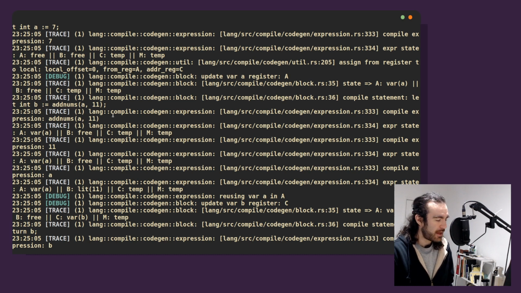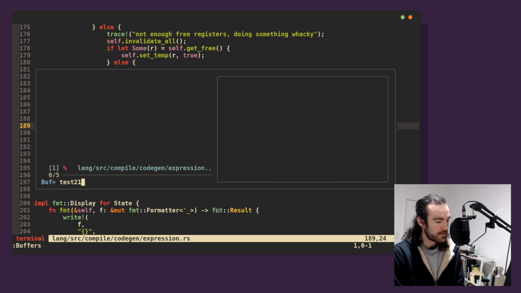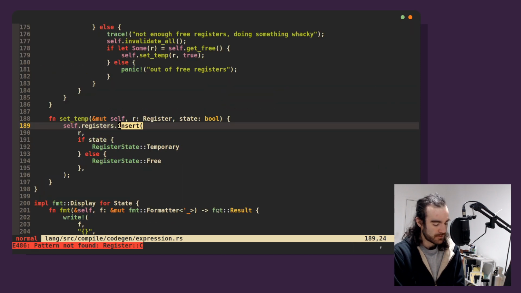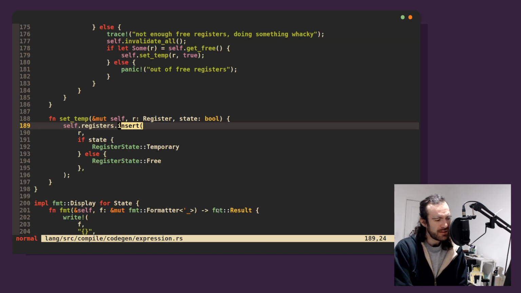We compile this, add nums A 11. So that's okay. So we call this, and then we return compile expression 11. Yep. Compile expression A, that's fine. But where is, oops. So it should be B equals this. B equals this. So it's when we do this assignment, somehow we end up,